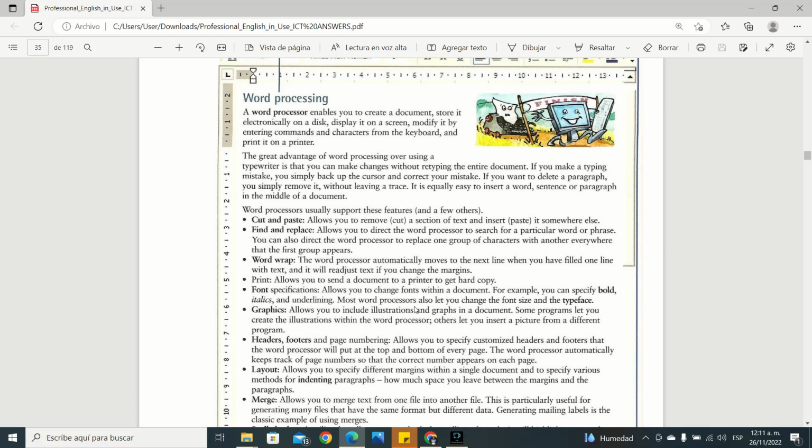Word processors support these features and a few others. Cut and paste allows you to remove, or cut, a section of text and insert, or paste, it somewhere else. Find and replace allows you to direct the word processor to search for a particular word or phrase. You can also direct the word processor to replace one word or character with another everywhere that the word